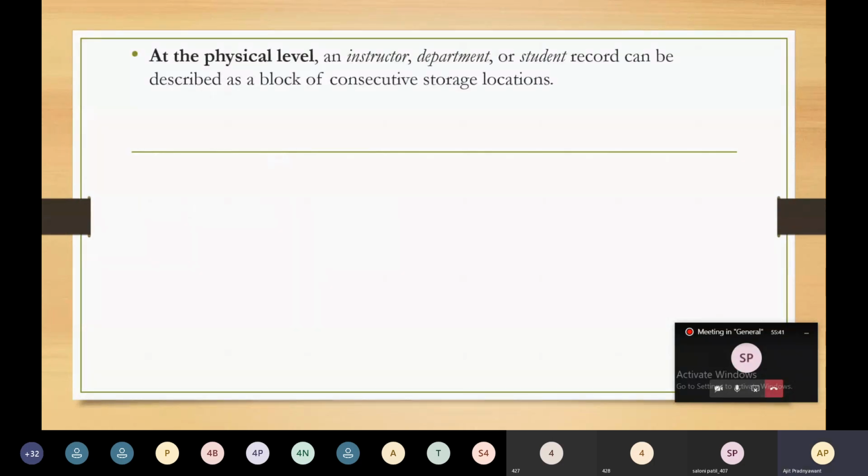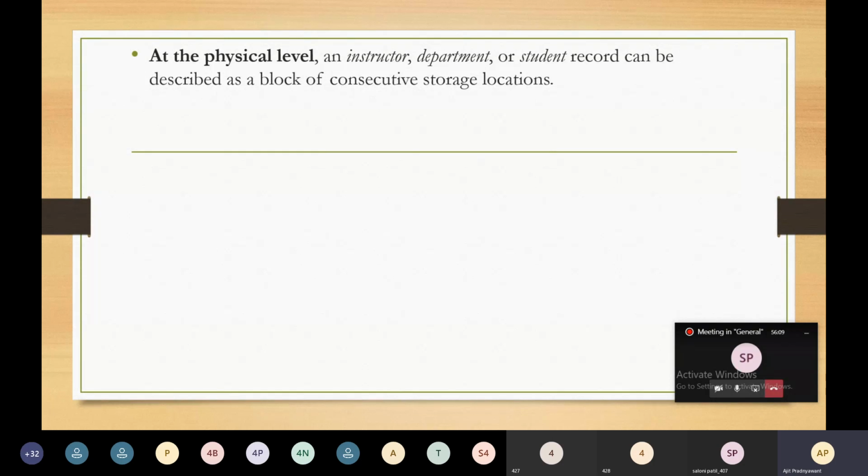So what happens at the physical level? At the physical level, the relations like instructor, department, and student can be described as a block of consecutive storage locations. This physical level works in the memory. There are different memory locations wherein the respective relation's information is stored.